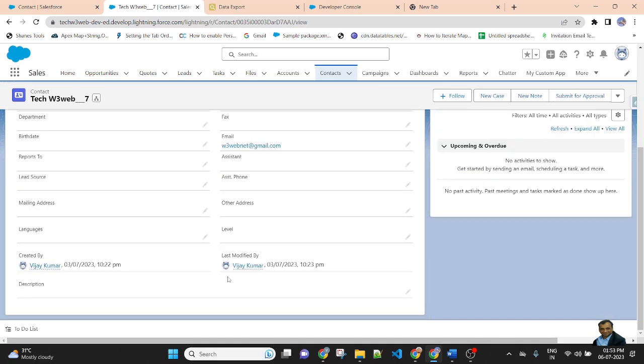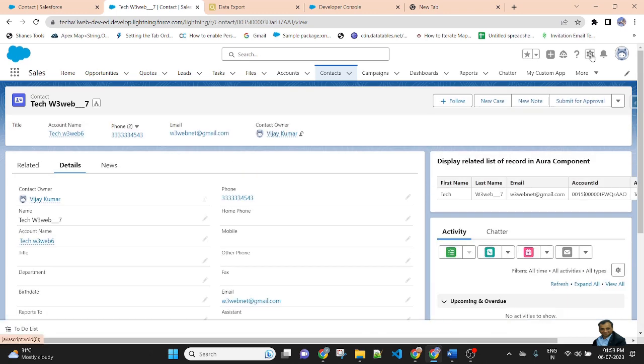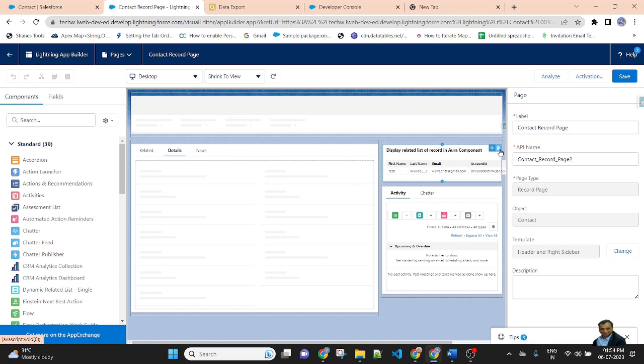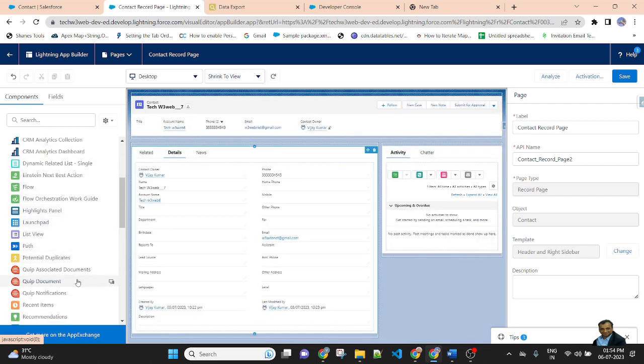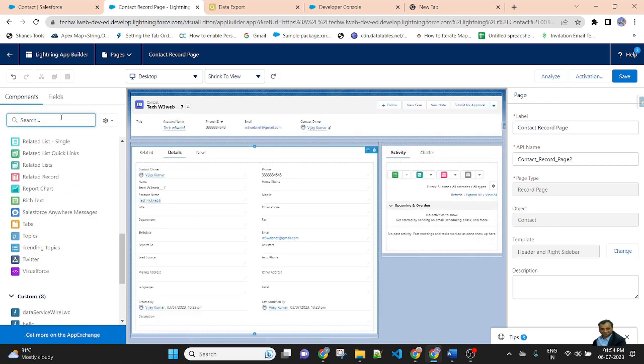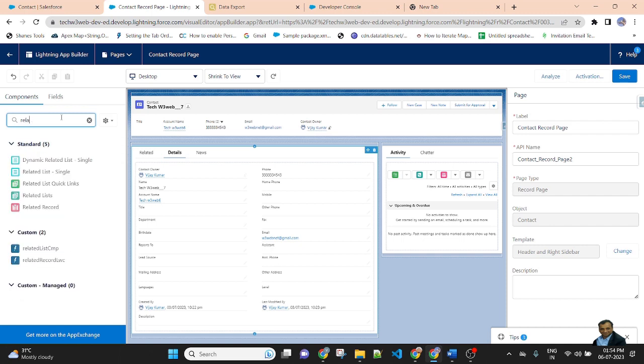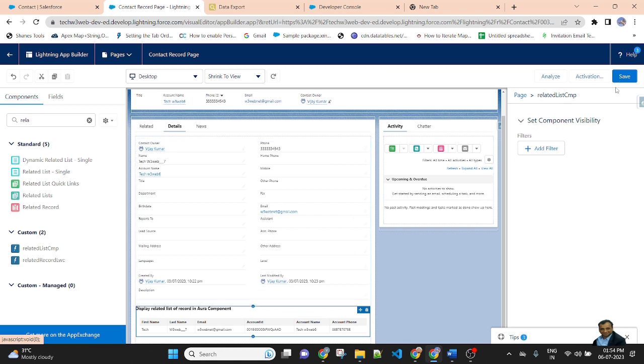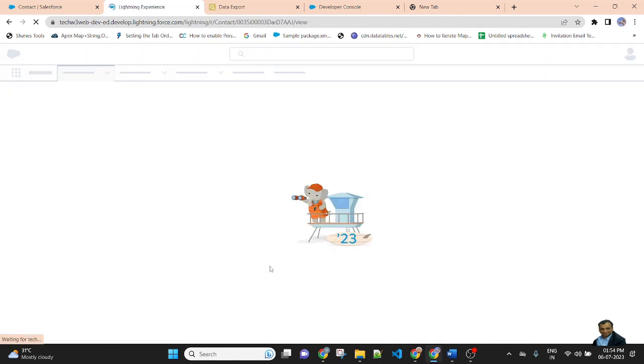If you call this component here, then it will display properly. Edit. I am removing it from here because there is not much space, and this time I display the component here and save, then go back.